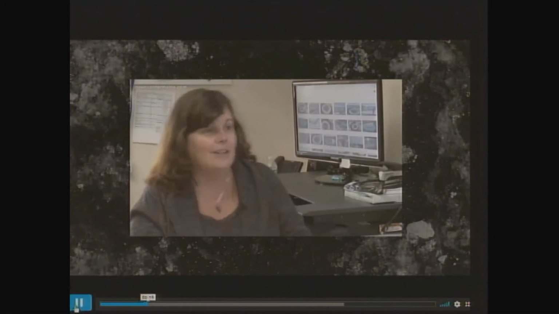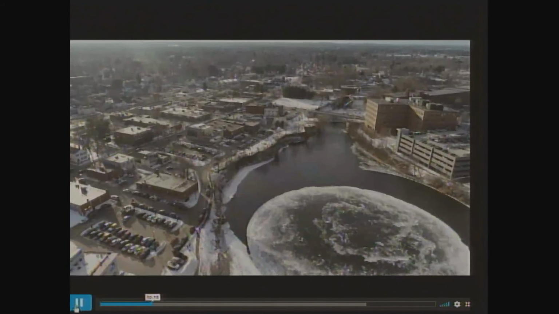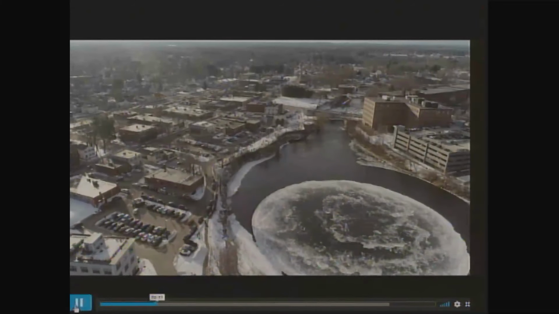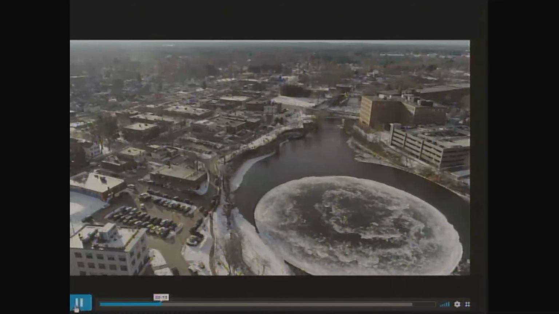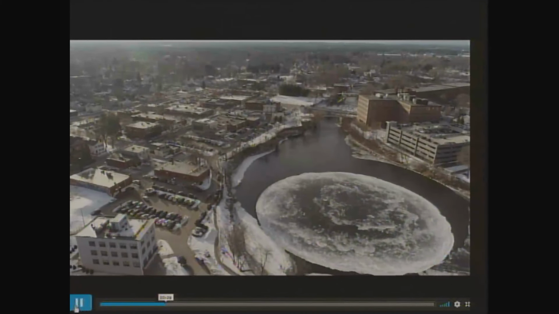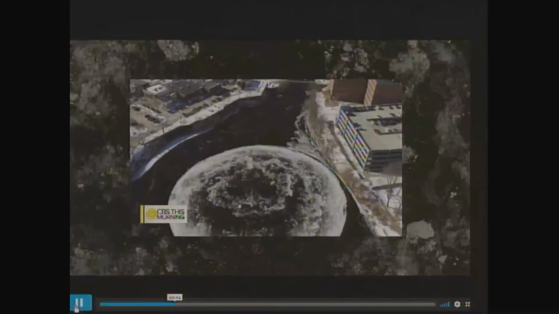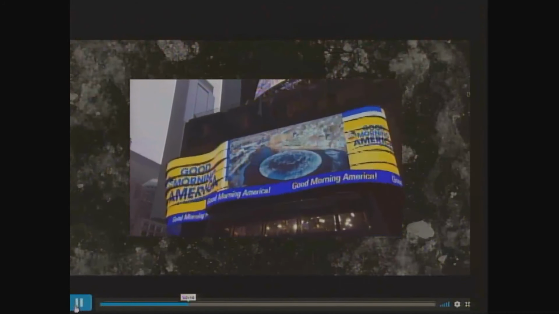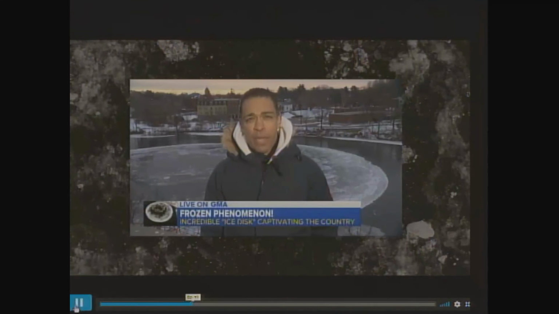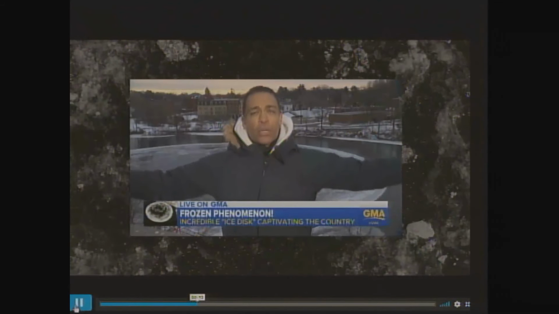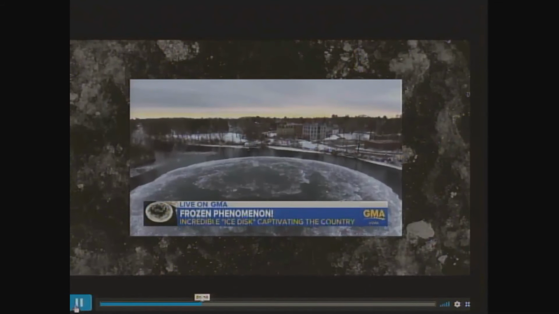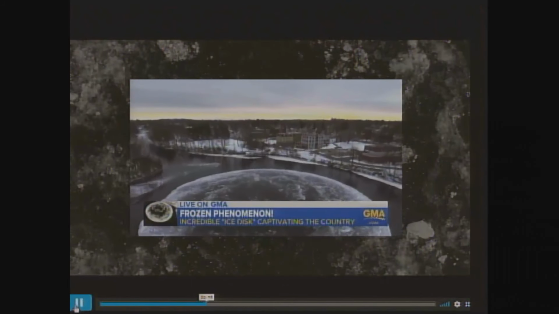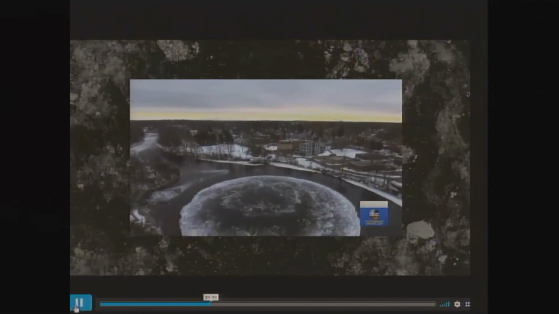Like an hour later, I was getting calls from the Weather Channel. Spectacular pictures and video of the ice disc going viral, putting Westbrook and this peculiar natural phenomenon on the map. Check this out. It's an ice disc. If symmetry in nature is what you're looking for, welcome to Westbrook, Maine. You don't need to, Robin, go to the Great Pyramids of Giza. We have found our own 8th wonder of the world right here in Maine. Robin, I give you ice. This is the most exciting thing to happen in Westbrook since okay, this is the most exciting thing to ever happen in the town of Westbrook.